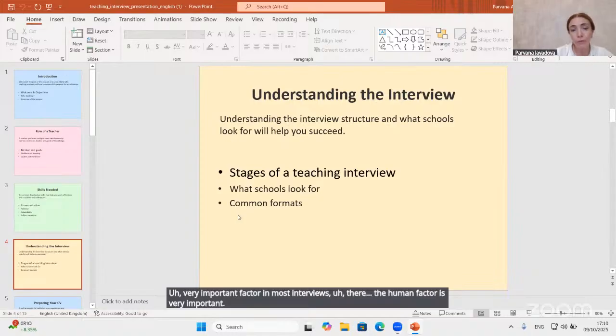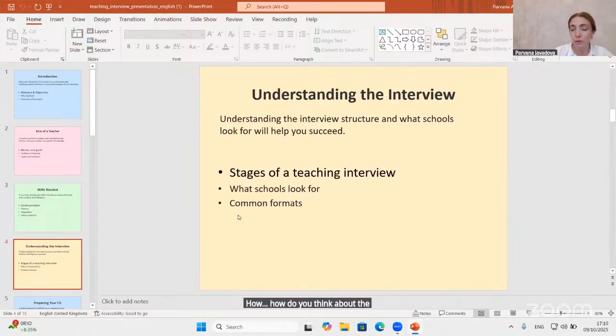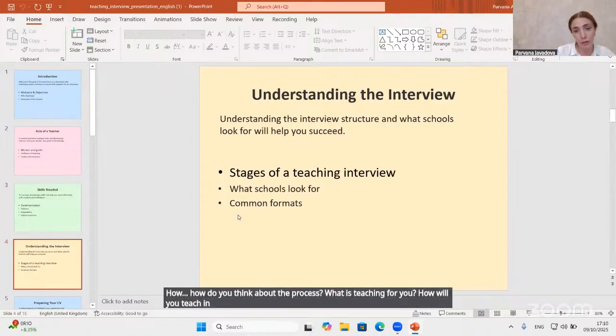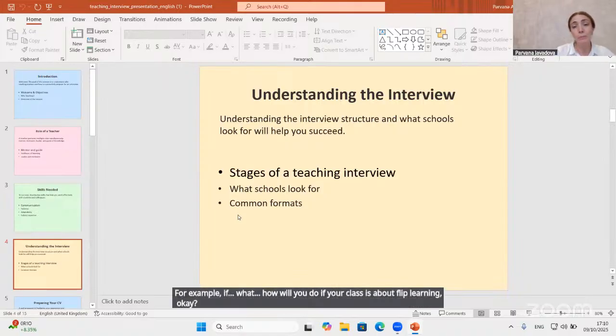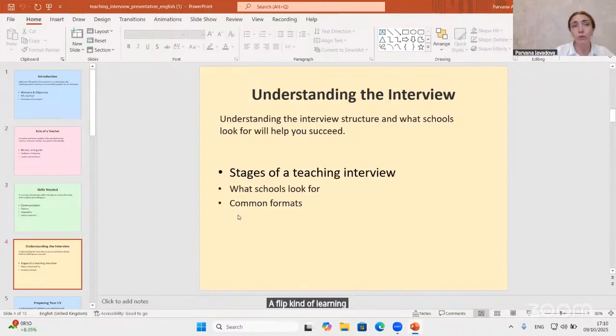How do you think about the process? What is teaching for you? How will you teach in these situations? What happens if you do this? They will give different kinds of questions, for example, how will you act if your class is about flipped learning? What will you do if there are different kinds of